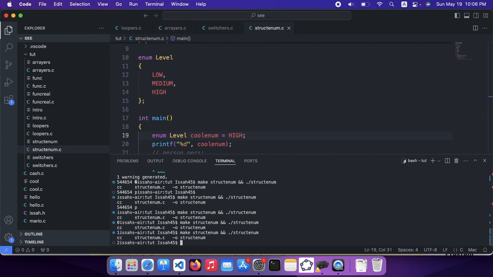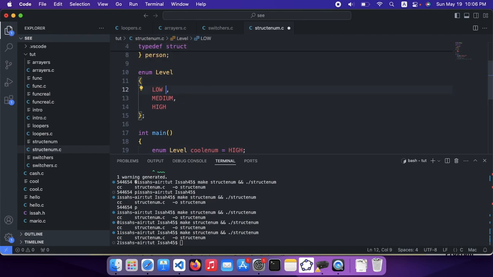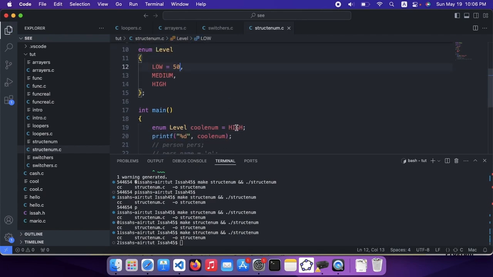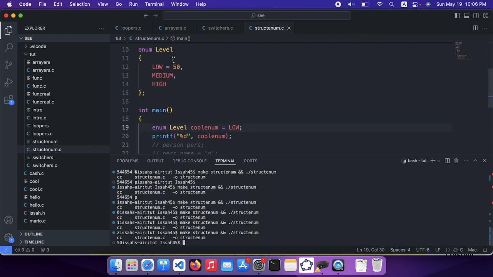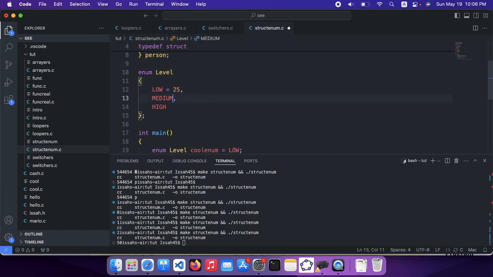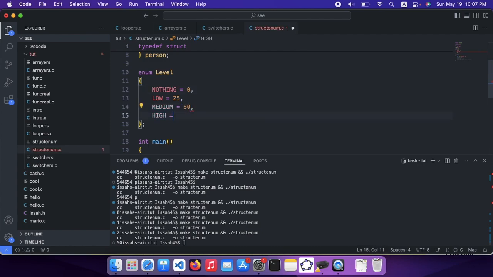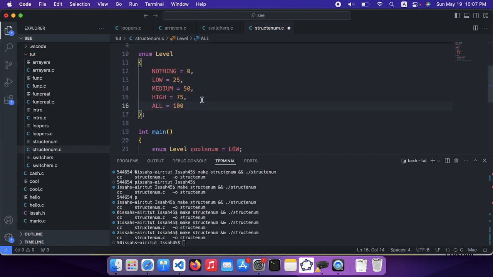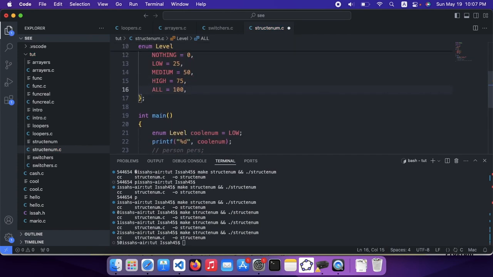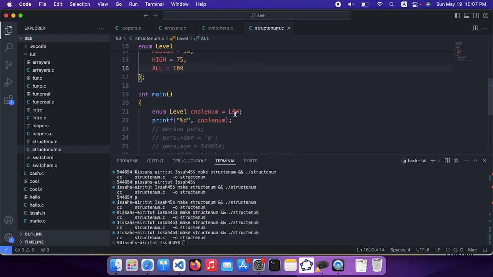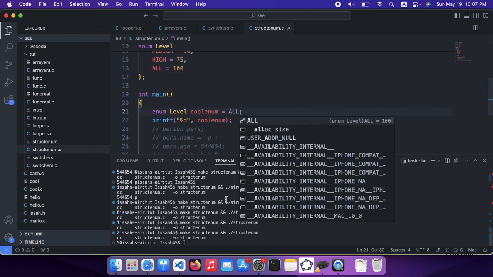Those are the default values for enums. But if you want, you could change those values. So instead of low being 0, you can write low is equal to 50. So now low is gonna equal 50. So let me just change it. Low 25, medium 50, high 75, and all 100. Oh yeah, you could put a comma here if you want, but let's just not do that because of elegance. Print all,